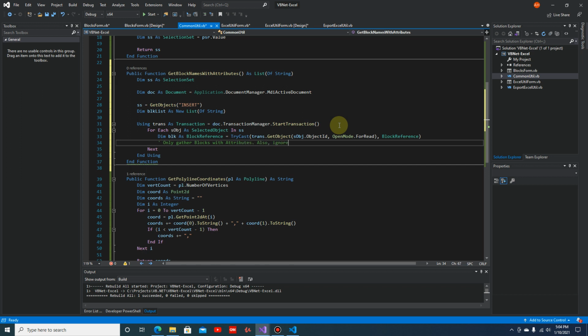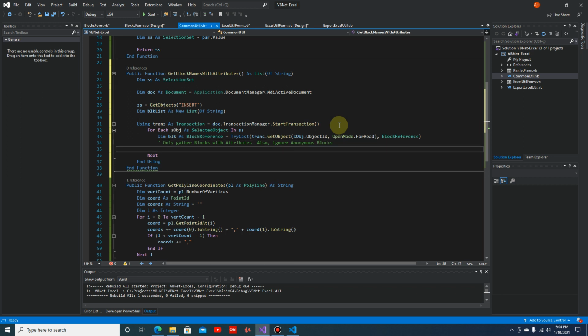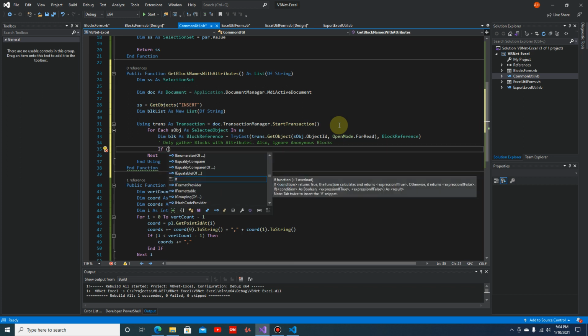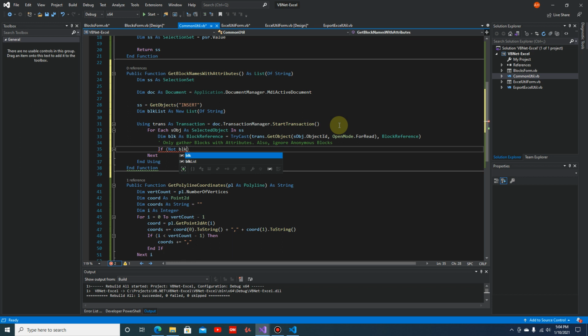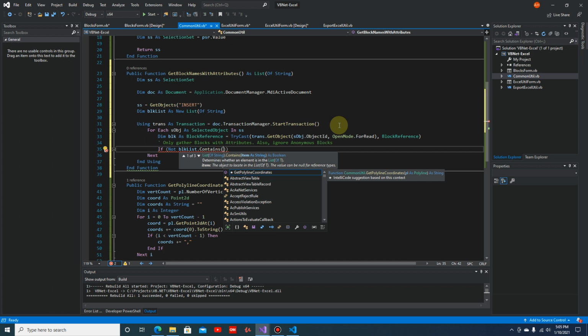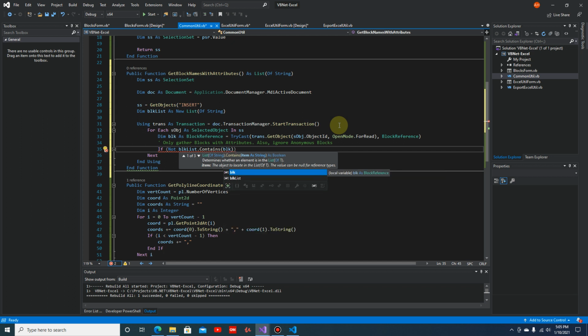Also ignore anonymous blocks. So to do that, we have to provide a condition here, if condition. If not blk list that contains this, the first one is to make sure that the list does not have a duplicate entry, block name,